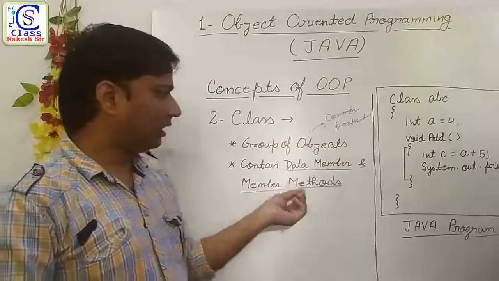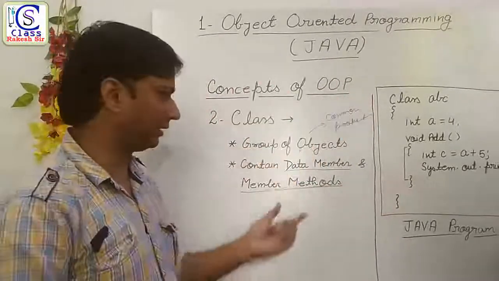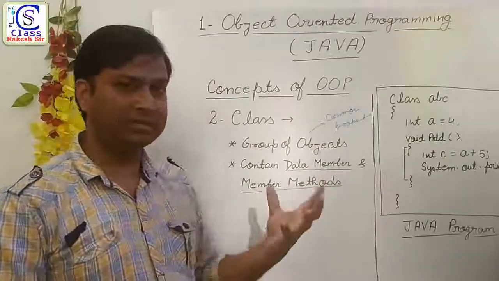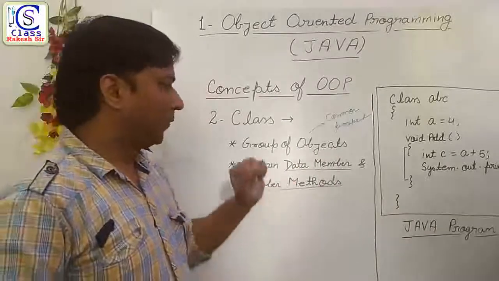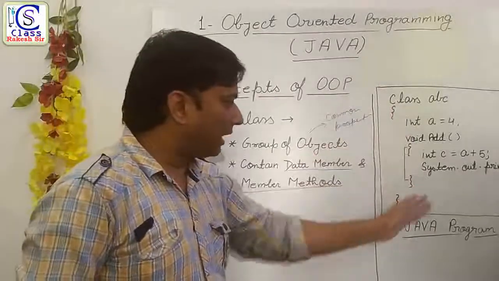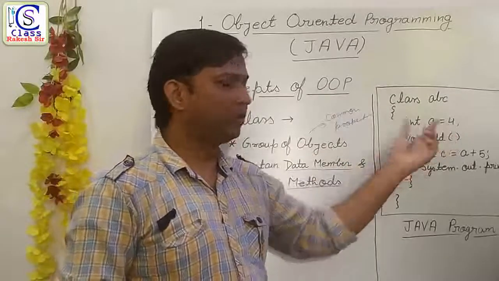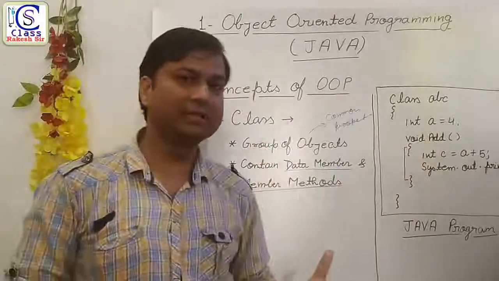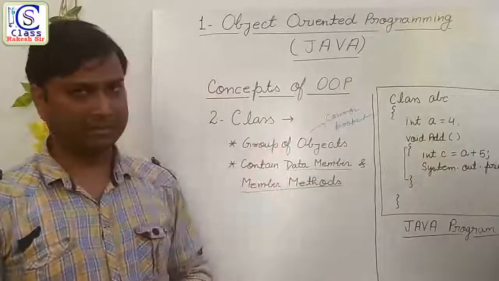So a short explanation, I'm just going to give briefly. In the next chapter you have to understand what a data member is and what methods are, and you will understand it here in 9th class. So what is a data member? Inside your program, all the variables to which you assign a value are data members. It means all the variables that you use in your program are known as data members.